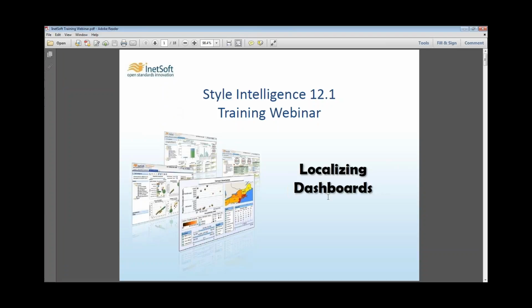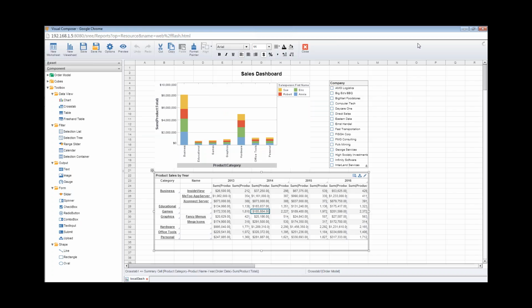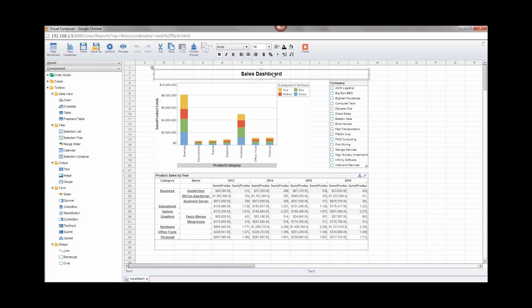The topic is localizing dashboards, and we're going to see how to translate a dashboard from the design language, in this case English, into other languages. I've got this sample dashboard, and there are basically 3 steps to localizing those aspects of a dashboard that can be localized, which are basically static text such as the chart titles, the text element up here, the titles of elements, for example, the title of the crosstab, the